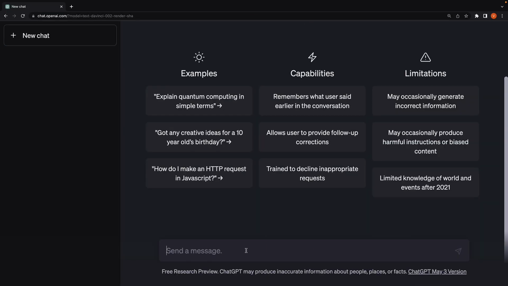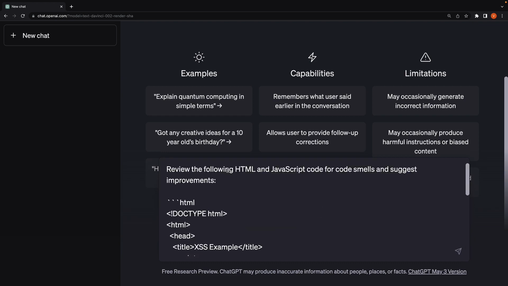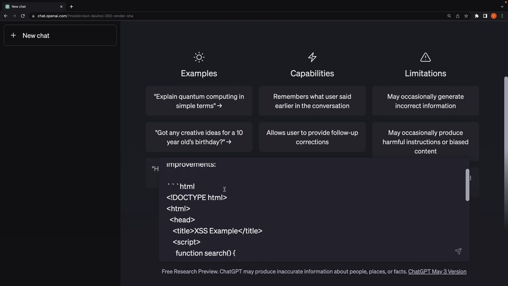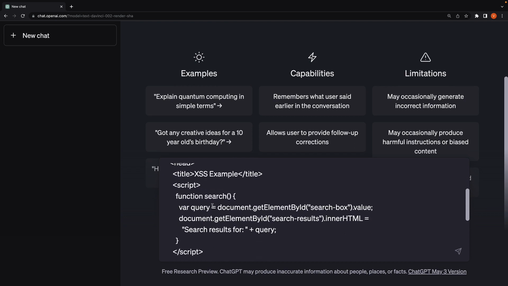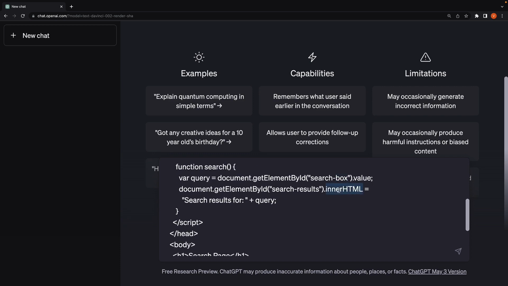I'm going to copy-paste the next prompt. The prompt reads, "Review the following HTML and JavaScript code for code smells and suggest improvements." Now, this is an HTML block. We have a function called search, which gets the input element value, and we update search results inner HTML with